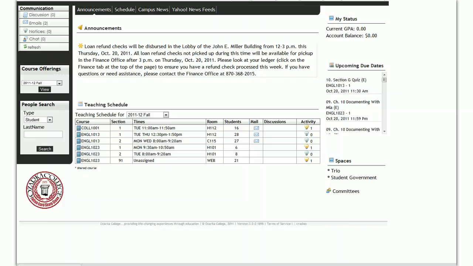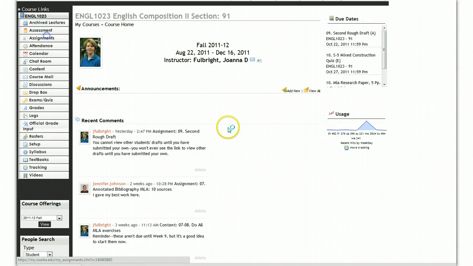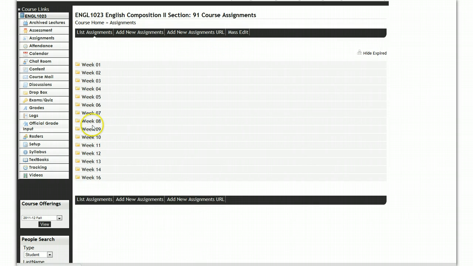Today we're going to learn how to view another student's draft, why we would need to do that, and what we would do after we had done it. So let's get started. First, select your course and click on the assignment where you have to review another student's